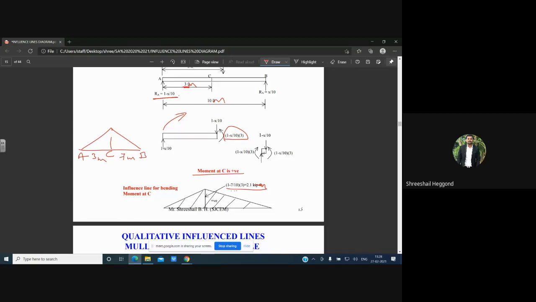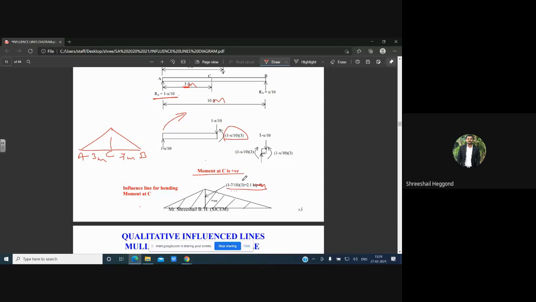Okay, this is how to draw the shear force diagram, bending moment diagram, and reaction diagrams for ILD. Using these components only, we will be solving our numericals. This is the basic concept of how to draw the support reaction ILDs, shear force diagram for ILD, as well as bending moment diagram for ILD. If you know these three diagrams, then our simplified solution can be achieved for upcoming numericals.